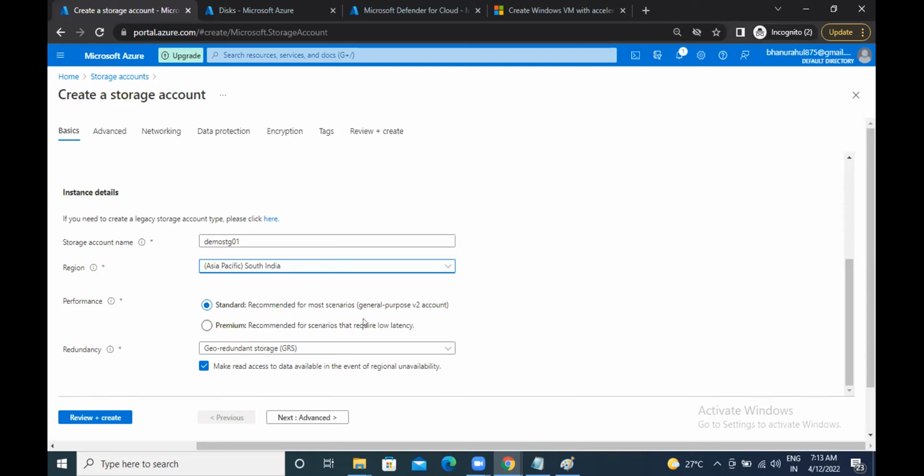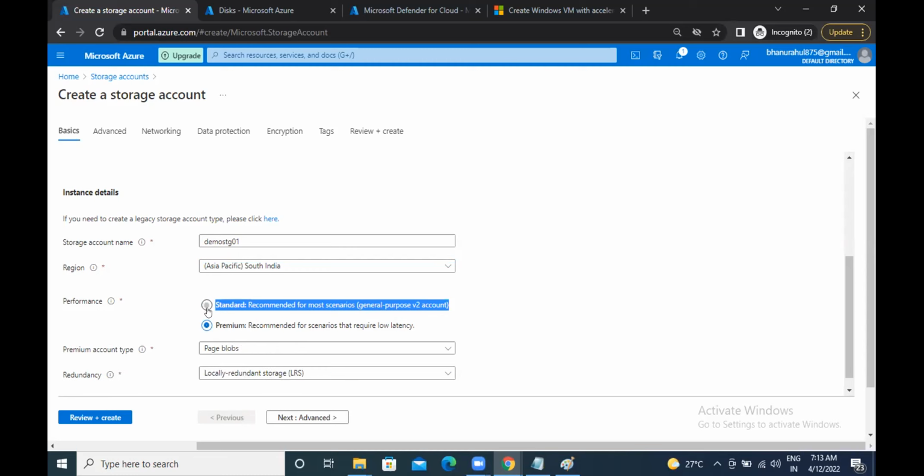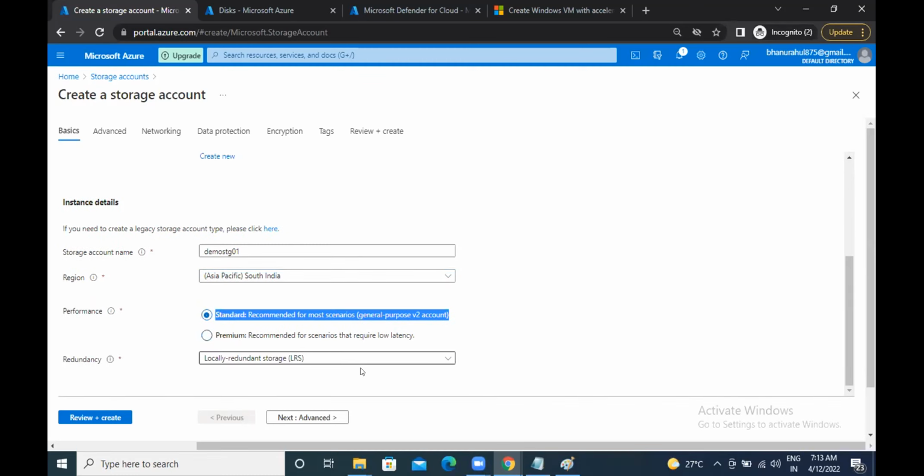Before this, we had a classic storage account, and previously we had a general purpose v1 account. Actually, that is the storage account type. So now currently all are general purpose v2 accounts. Okay, the standard. So once we have selected the performance as standard,